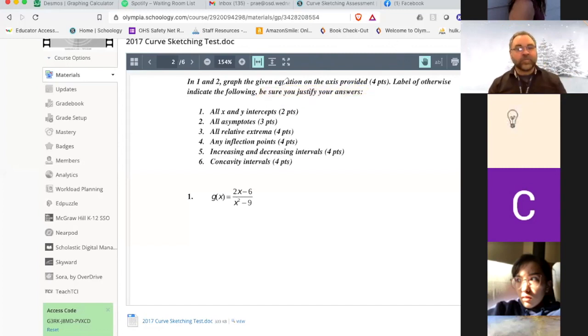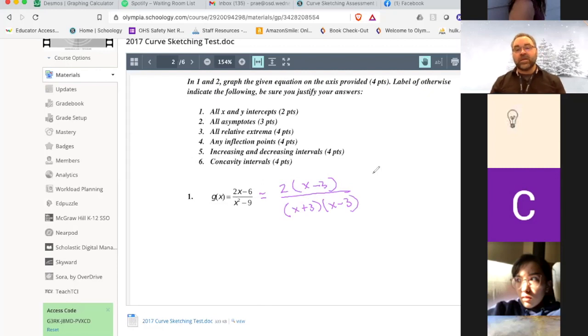I'm going to start off by just taking a look at my function and noticing right away that this is factorable. And that's really going to help you a lot, guys, if you factor first. Notice that in the numerator, you can factor out a 2. And in the denominator, we can factor. And the reason I did that is notice we have a common factor of x minus 3 that's going to